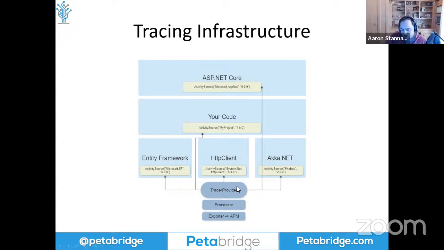So when I call add HTTP client or add ASP.NET Core, what we're really doing is giving the tracer provider a name that it's going to subscribe to, and it's going to start receiving those events when it does that. Under the covers, there's an eventing system built into System.Diagnostics, and that's what pulls all this information together. It's been built into System.Diagnostics for quite a long time. That's why we don't necessarily need to pass around a shared tracer object or anything like that. There's this built-in high-performance pub/sub system that Microsoft developed that allows us to receive this stream of activity. Now,